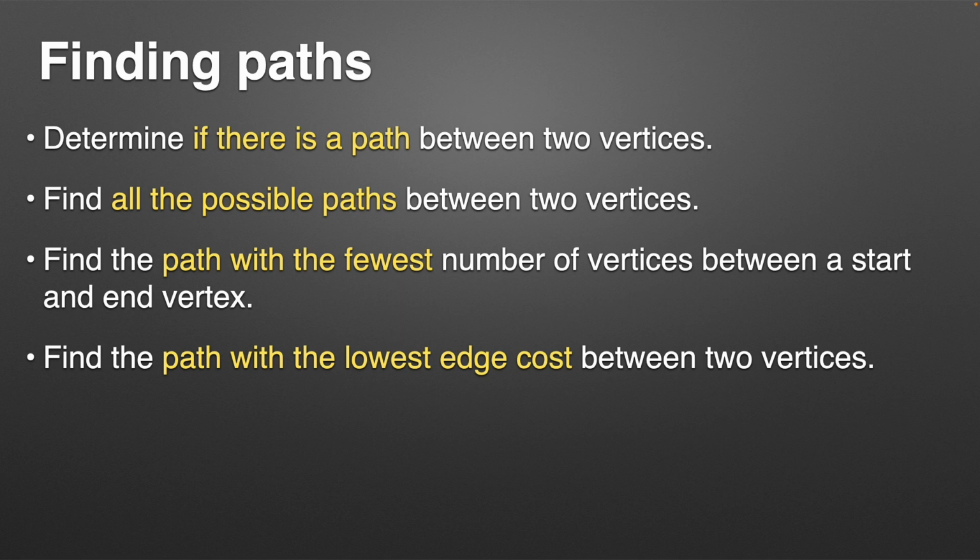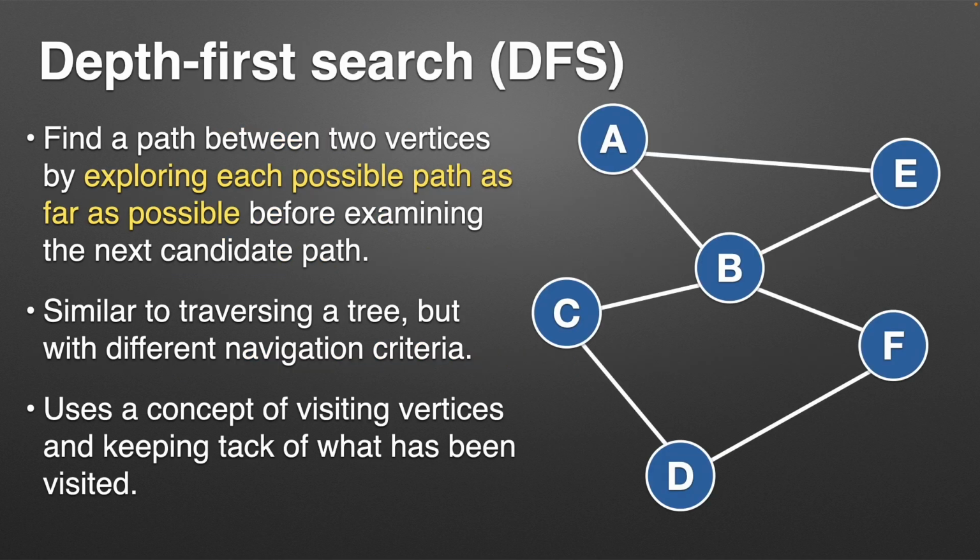Or if you have a weighted edge, or you have some measure, some heuristic of the cost of traveling between them, you probably would want to find the lowest edge cost when all those edges are added up together. And so that's more of an optimization criteria. You can think of that being like the number of miles between two locations, or maybe the amount of time it takes to travel between two locations, and you want to optimize on keeping that low. So these are all questions that have to do with finding a path. And so we're going to look at two basic approaches today.